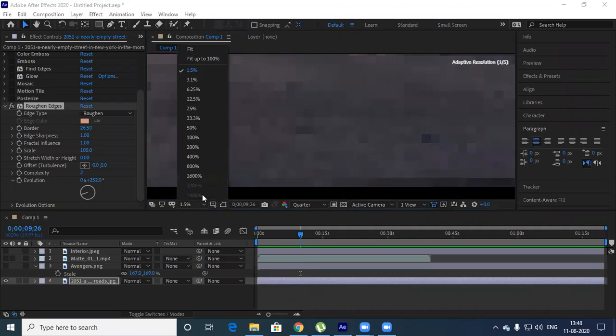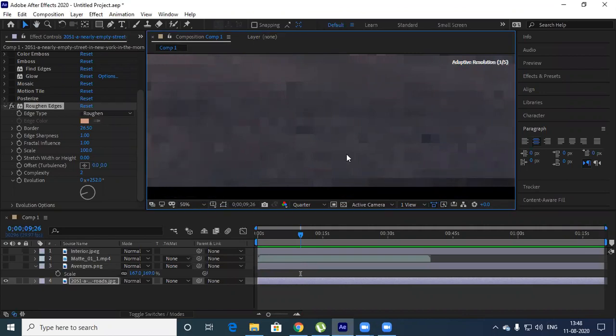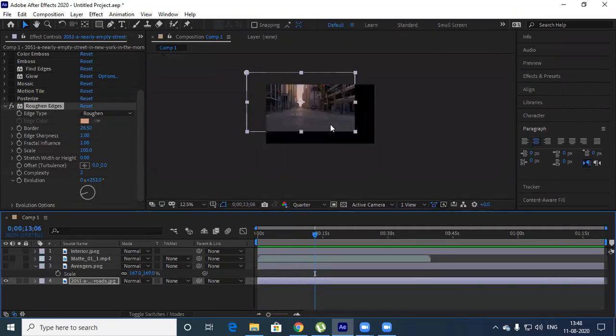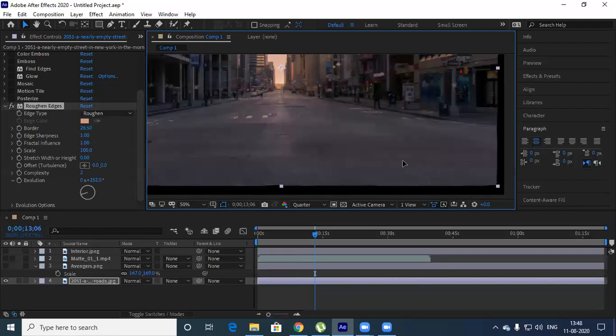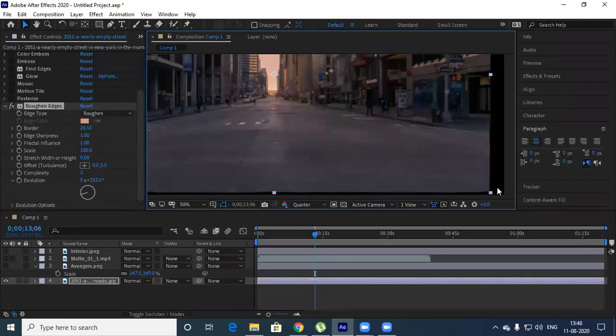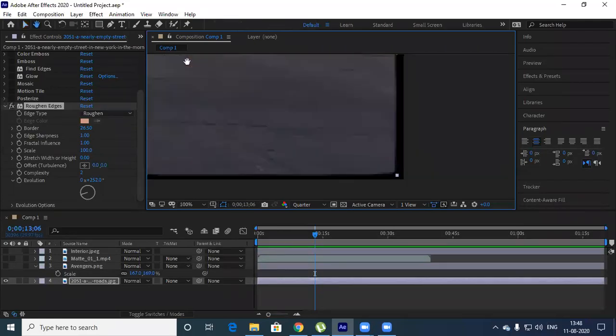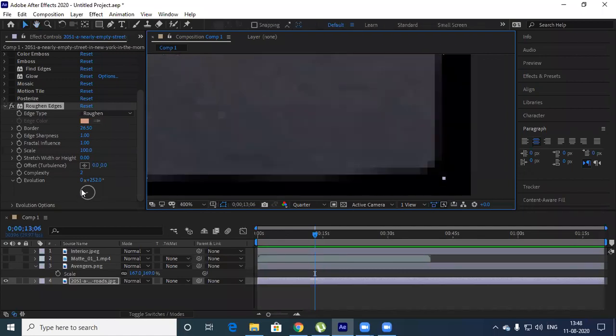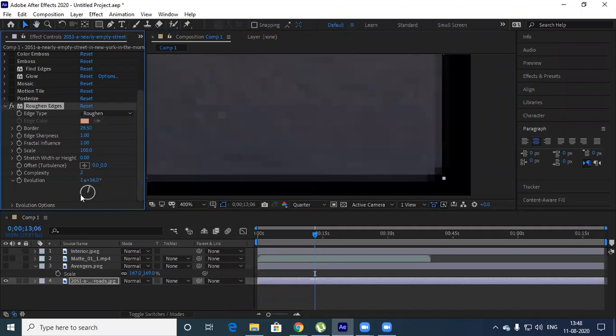Adaptive resolution, just to make 50%. Can you see this? These are the areas. Normally it will be like this. See the edges part, you see. I do some changes now, automatically here it is going to impact. Okay, this is smoothen or rough on edges. Okay, border also you can define how you want.